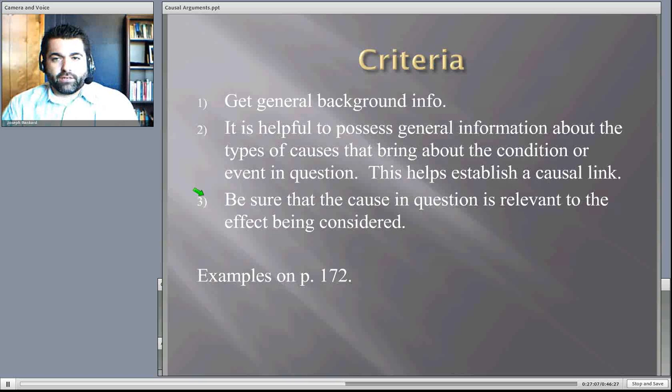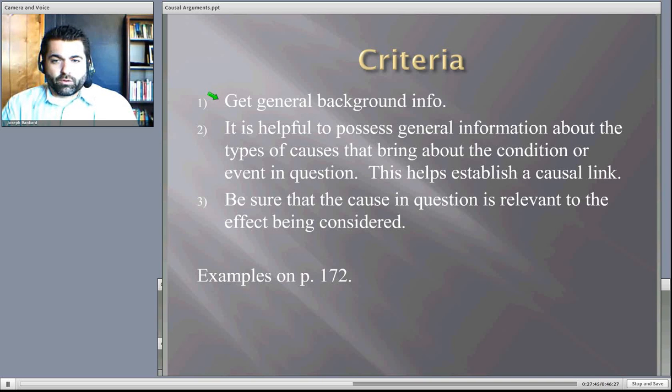So the criteria for agreement, you want to get general background information. For instance, if people get sick, one of the common ways people get sick is because of what they eat. So we have general background information that says eating something is relevant to being sick. It's not the only relevant thing that might get us sick, but it's something we ought to look at rather than something totally irrelevant. Like 40% of the people got sick on this flight. You know, most of those people have brown eyes. So I think the brown eyes is what caused them to get sick. Well, background information tells us that that's not relevant to making someone throw up.